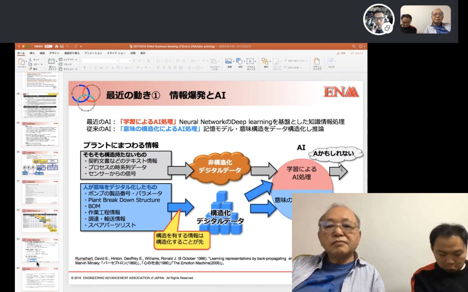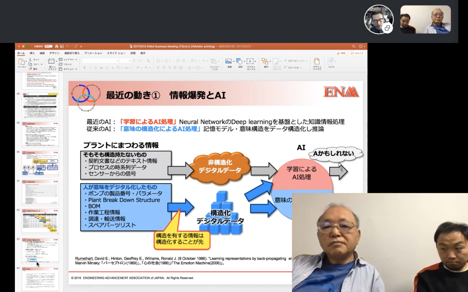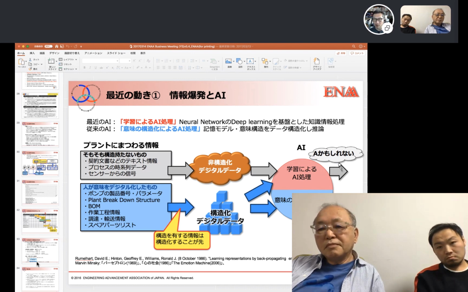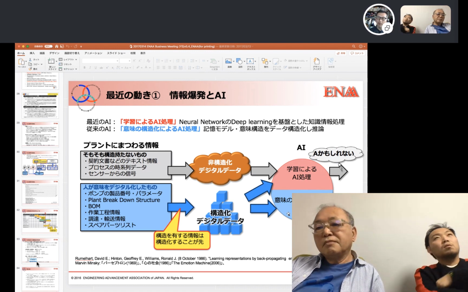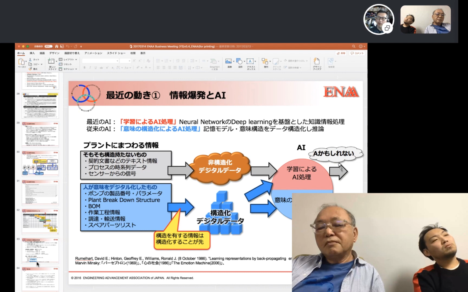That's why, also for very specific fields of industry, the technologies are expectable. That is one of the big advantages of the other type of AI, explicit knowledge AI, which I explained to